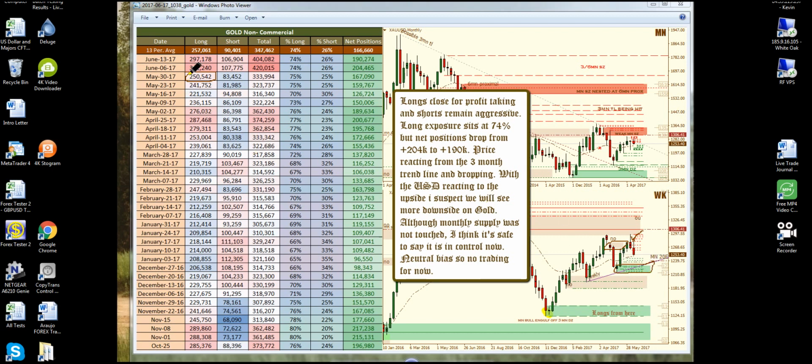So we have now, with this bearish candle, we see that the institutions have closed out a big portion of those longs, dropping them from 312,000 to 297,000. Okay, and as that was happening, these last 2 weeks, what do we see? Shorts being aggressive. If we see one sell showing some aggressiveness, it doesn't really tell us anything. It just tells us that for that 1 week they were aggressive with their positions. But when we start to have 2 weeks in a row where that aggressiveness is still present, then we